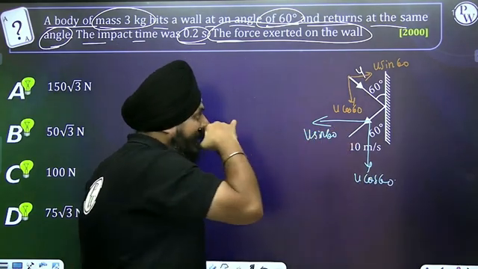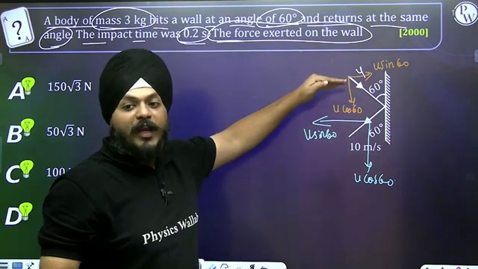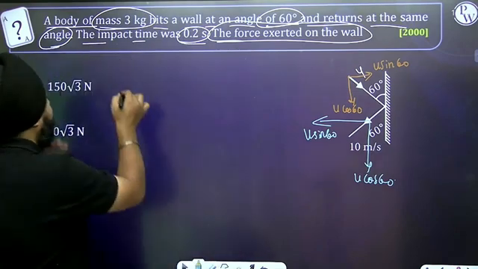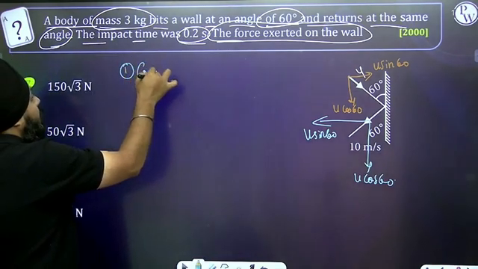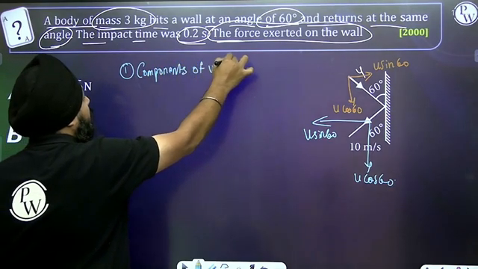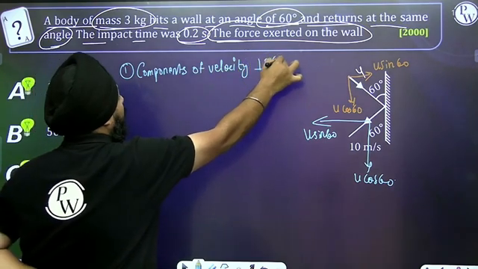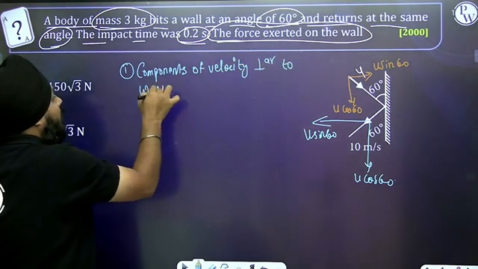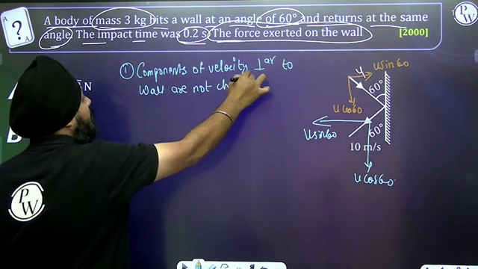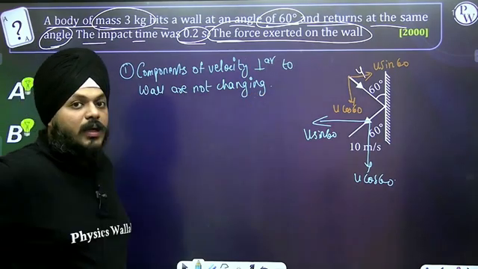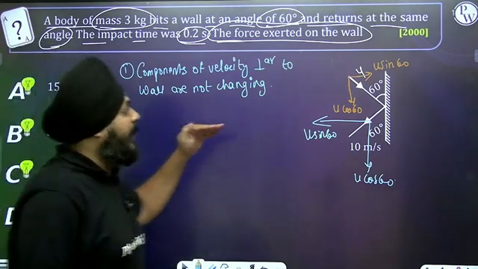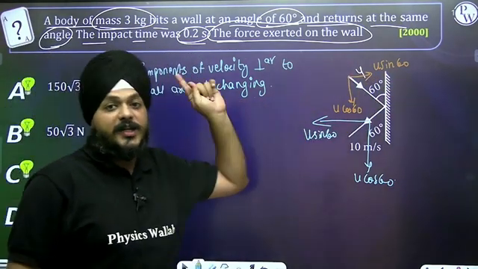This is going to be u cos 60 and this is going to be u sin 60. Actually, the components of the velocity that are parallel to the wall are not changing. The components of velocity are not changing; only the perpendicular component is changing its direction. It means that